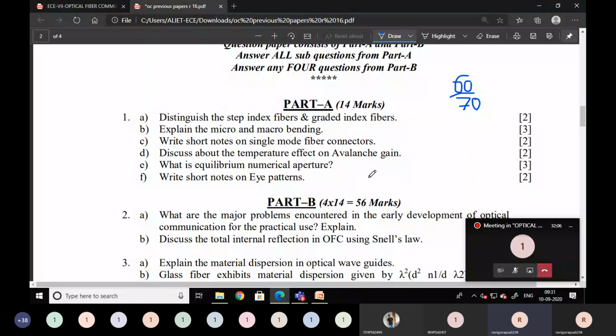Still we only have the first chapter. So now we will discuss first chapter questions only. Your target is to get 70 out of 70. Try for the maximum. Don't try for a pass or 40 marks or 50 marks like that. Maybe some of you are thinking that for 3-2 you may pass, that is enough. Don't think like that. You have to try for the maximum. Then only you will get 50, 60 or 40. If you try for 40, you will compulsorily fail. Okay, that is the first thing.